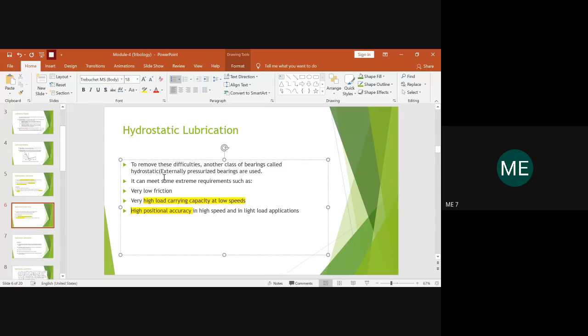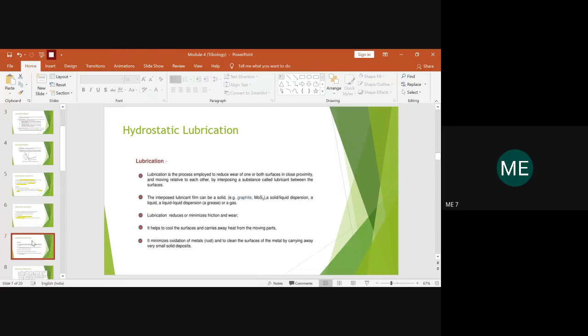These plus points help to implement hydrostatic lubrication based journal bearings also. And hence there is a need for you to understand hydrostatic lubrication and the bearings associated with hydrostatic type of lubrication film. These are the key important things you have to understand. Apart from that, there are some characteristics you have to know.